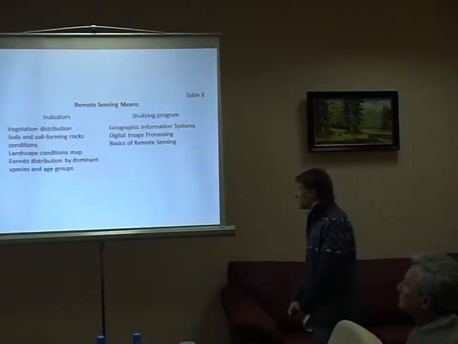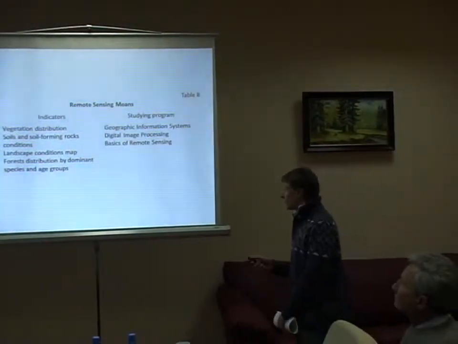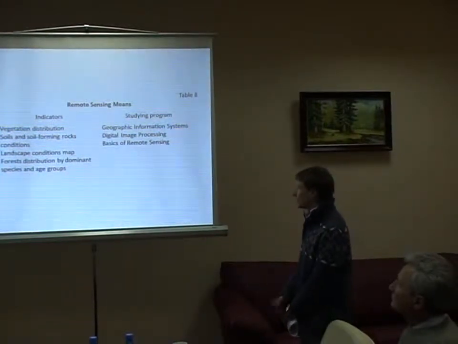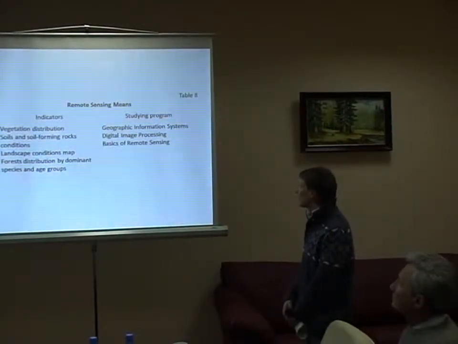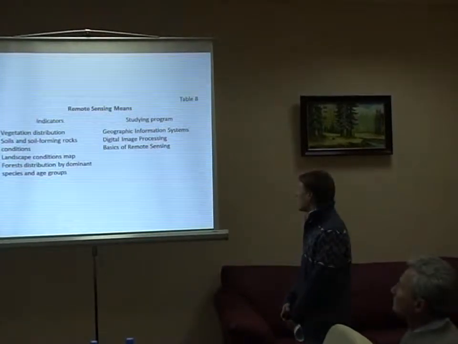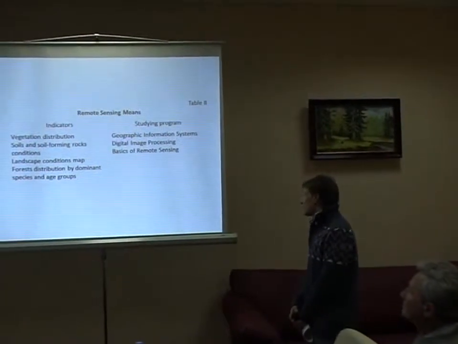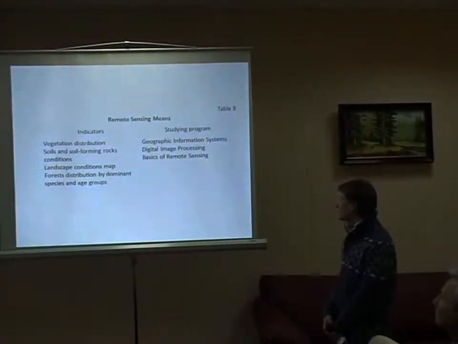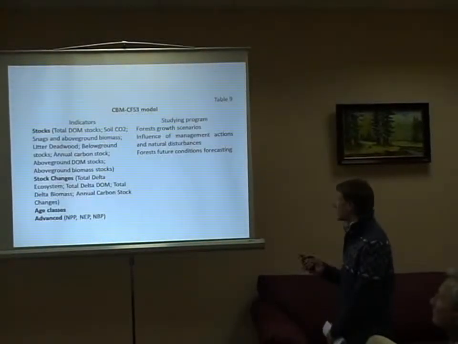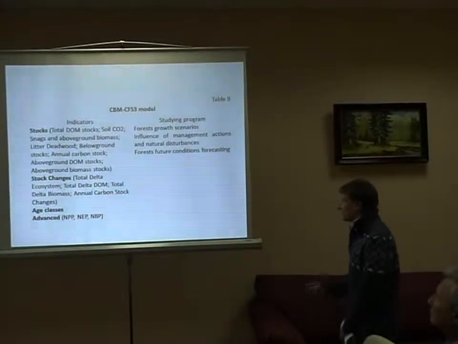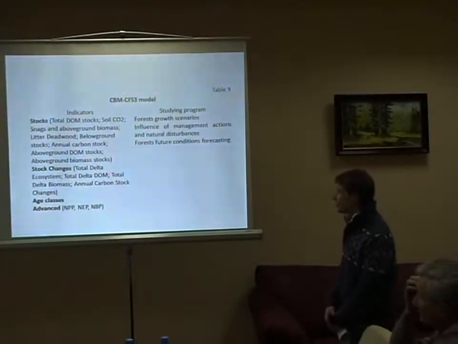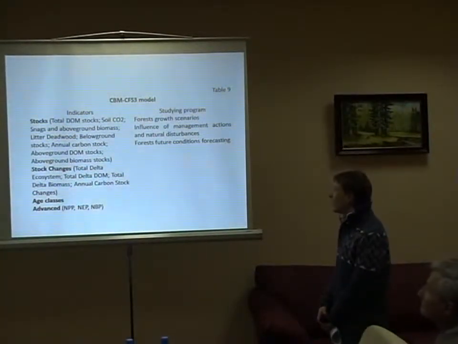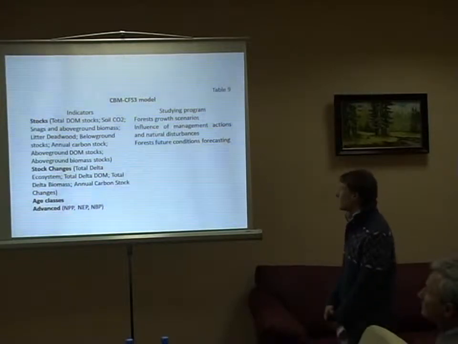Remote sensing means indicators, vegetation distribution, landscape condition, all that we saw within the figures. And the study programs that can be run here are geographic information systems, digital image processing, basics of remote sensing. CBM model, indicators, stocks, stock changes, a lot of them, age classes, advanced ones, and study programs, forest growth scenarios,